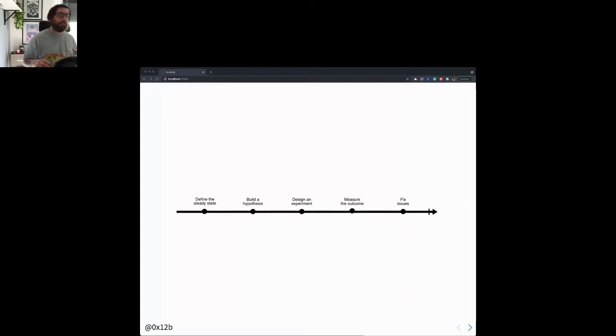So first, when we get started with this, we need to define the steady state. And that is, how do our systems behave under normal circumstances? So before we're able to actually measure whether something breaks during certain conditions, we need to know how it behaves when it's business as usual. And this could be things like the number of instances of a replicated service in our Kubernetes cluster, the CPU and memory usage of our application servers, what the concurrency limits are, or whatever else you can think of that will let you know where the conditions are stable.